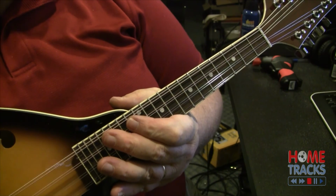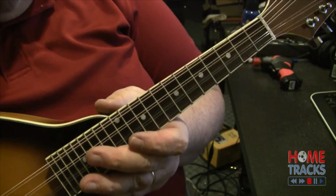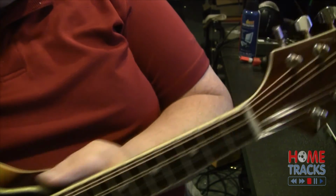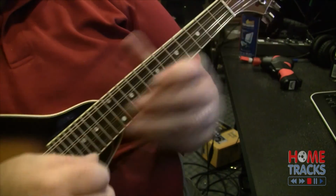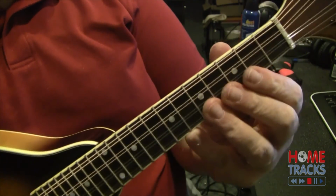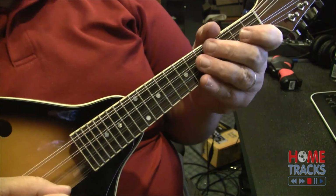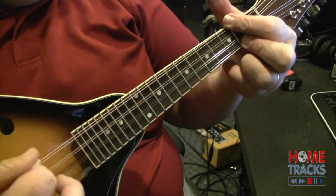And last time warning, if you got an expensive instrument, I would not recommend trying it on your own. I'd recommend getting someone who knows what they're doing, and having it done professionally. But for a cheap instrument like this, now I can play. Well, I can't play very well, but